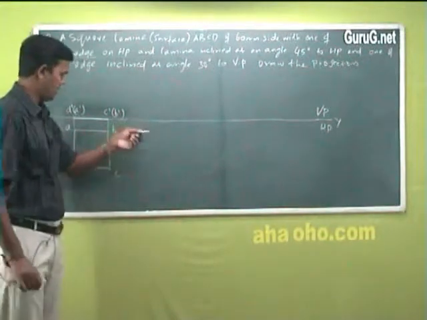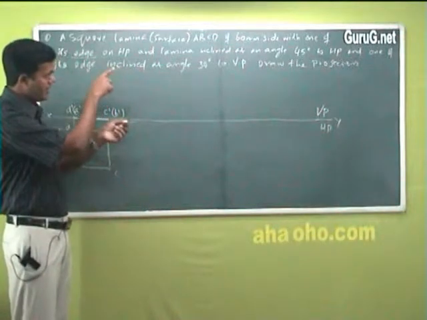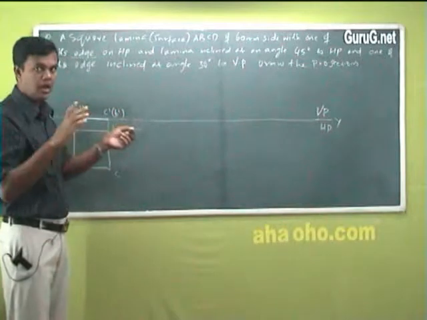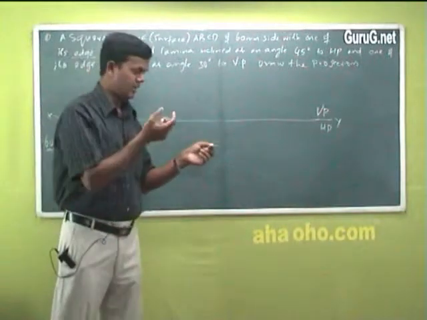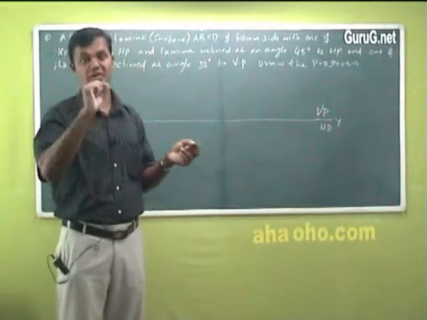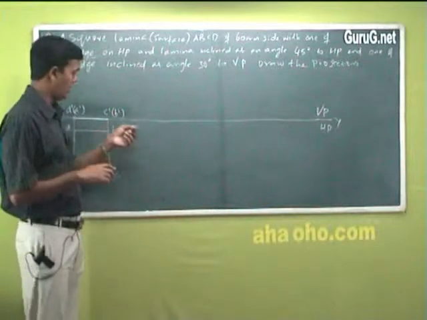Okay. This is the question. Now, how will I make it now? I should make the lamina inclined. The whole lamina is inclined at 45 degree to HP. And kindly remember I told, if the inclination is with respect to HP, we can view or draw it only on VP. It's very important. And vice versa.